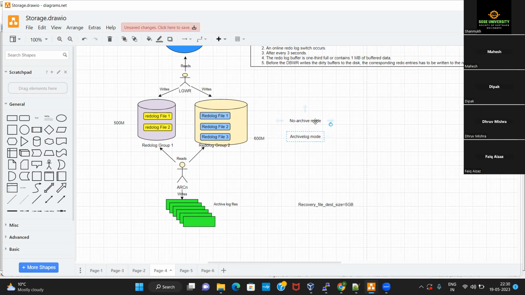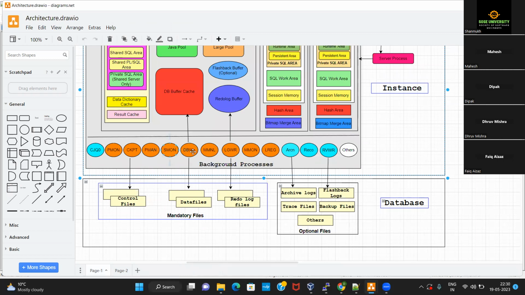But for non-prod environments, it's okay. Even if there is some corruption in that database, the clients don't mind, because you can always perform a database refresh, or you can always duplicate your production database to a non-production environment, right? So that is about the DBWR background process, LGWR, and your archiver background process. Clear with these three background processes? And the data files, redo log files, and archive log files.